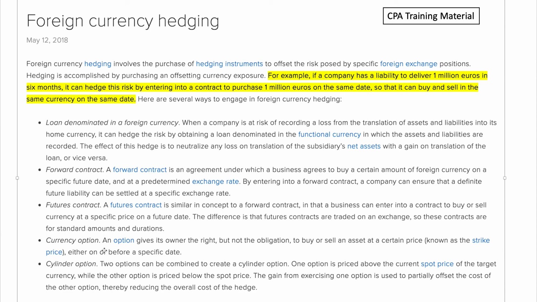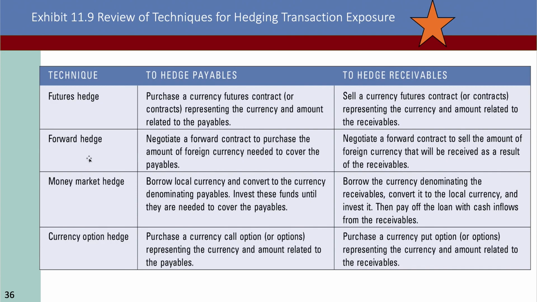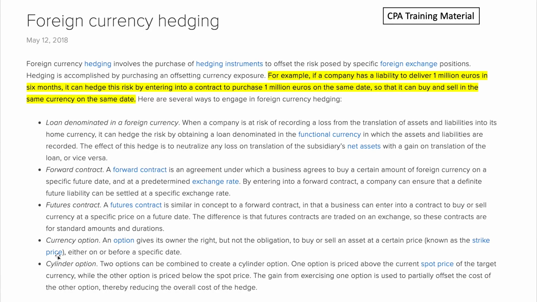Now in risk management, let me just give you an example. They mention, let me look at this: a company has a liability to deliver 1 billion euro in 6 months. It can hedge this risk by entering into a contract to purchase 1 million euro on the same day, so that it can buy and sell in the same currency on the same day. So there's a certain account to consider. They're using examples: